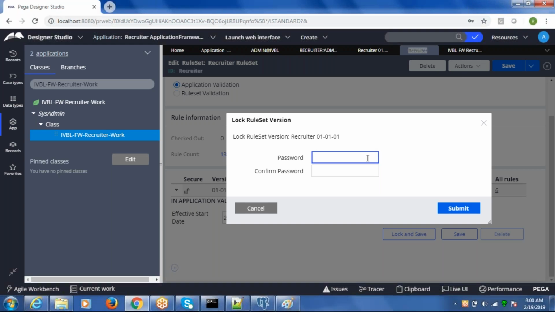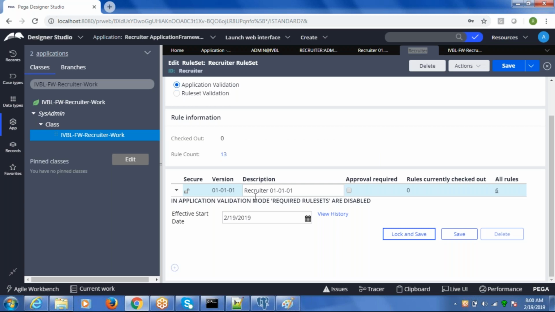Once you give the password and lock it, it should not be unlocked, but ideally it won't happen that way. People try to unlock it and make changes. But in an ideal scenario, we should lock it and move to the next set of versions. We are freezing things and you are not supposed to unlock again.